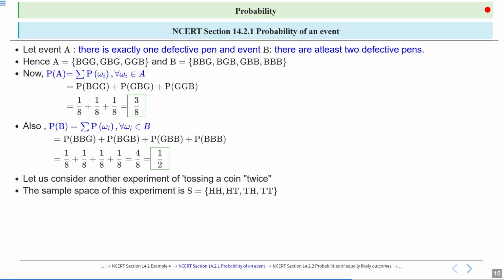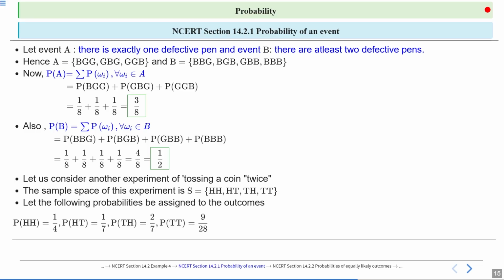Okay, so if we toss a coin twice, then we obtain the sample space equal to the set HH, HT, TH, TT. Clear? And let the following probabilities be assigned to the outcomes. So P of HH is equal to 1 by 4. How do we get this? Since P of H equal to 1 by 2 and P of T equal to 1 by 2. Okay, so